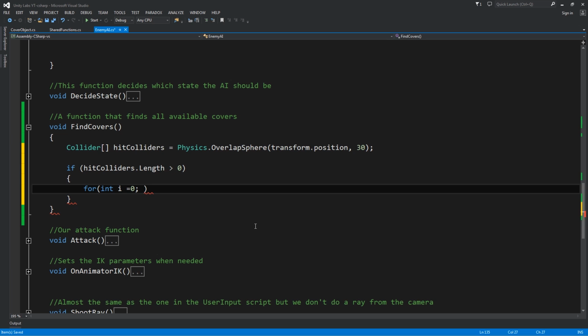That will not be very useful, and that will make it pretty easy for our player. So we will add a for loop, and we will say for i equals 0, i less than hitColliders.Length, i++,